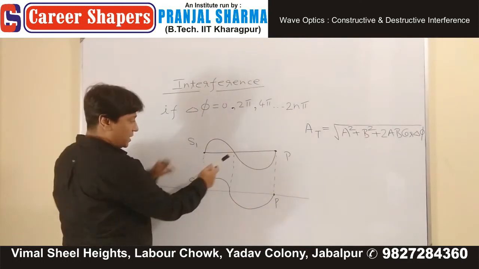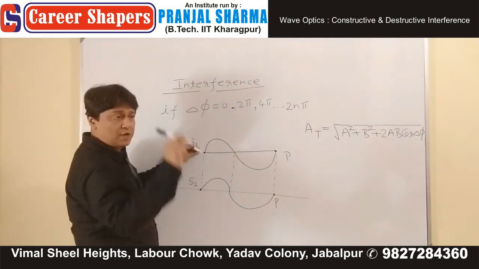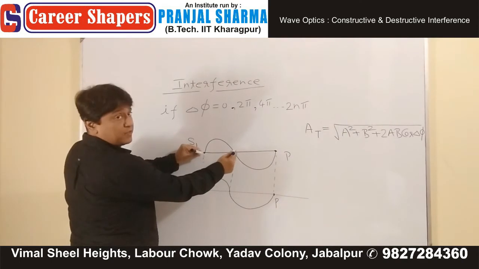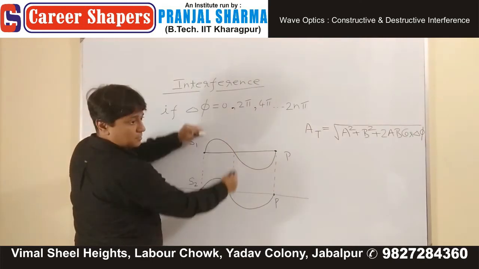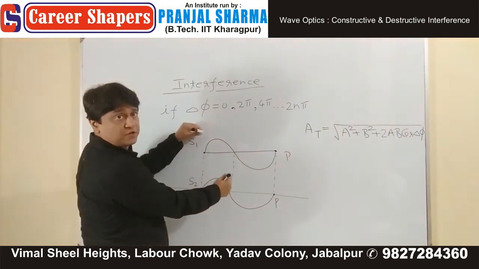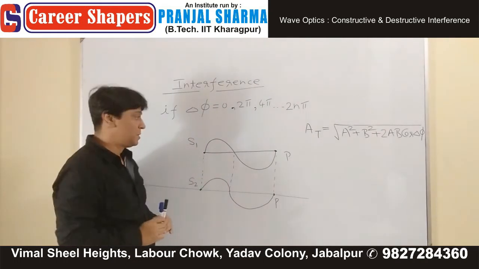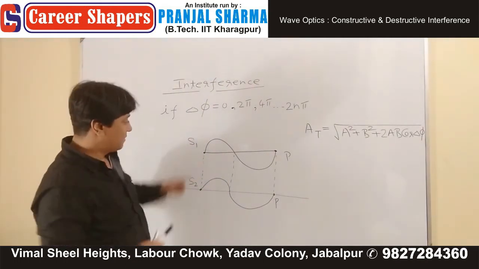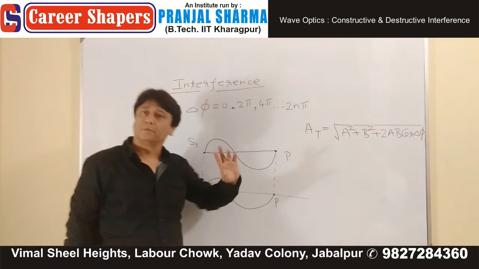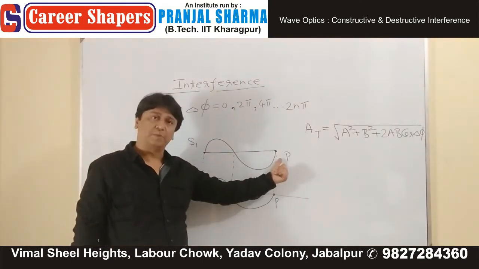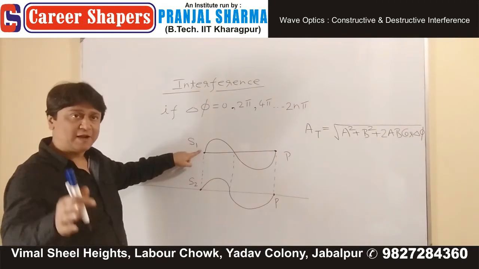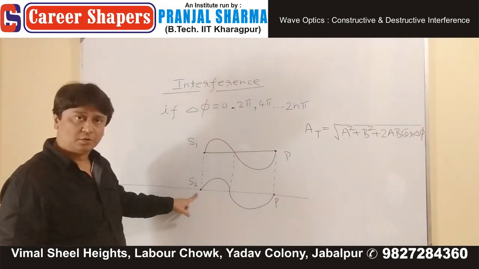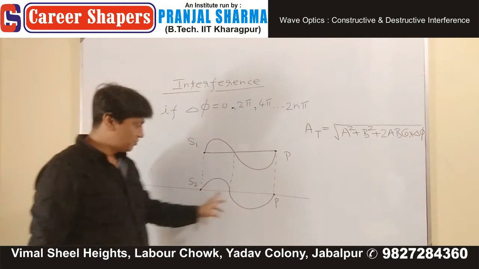Whereas if you have a particle at the position of S1 and the other one right here, then their oscillation will be in this form. This is called a phase difference of 180. But whatever happens at S1, now you know that is going to happen at P. Whatever happens at S1, exactly same type of thing is happening at S2, and therefore same thing will happen at P,